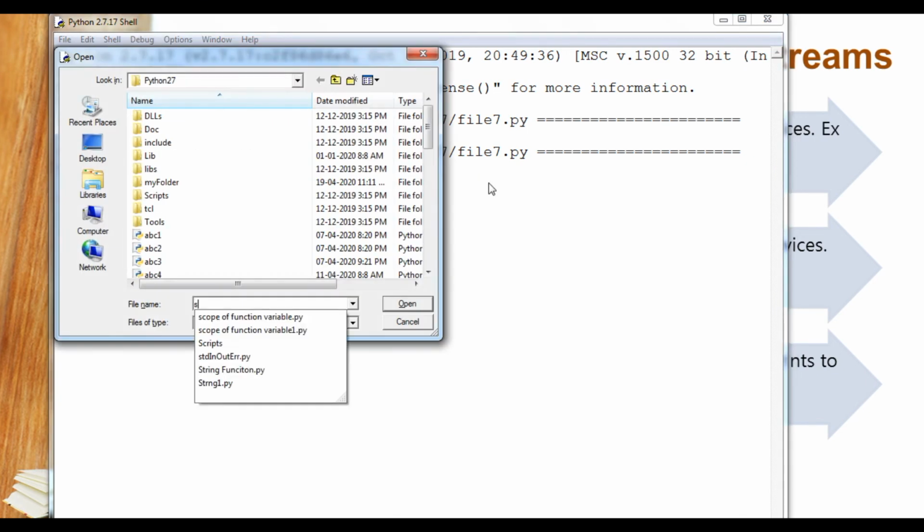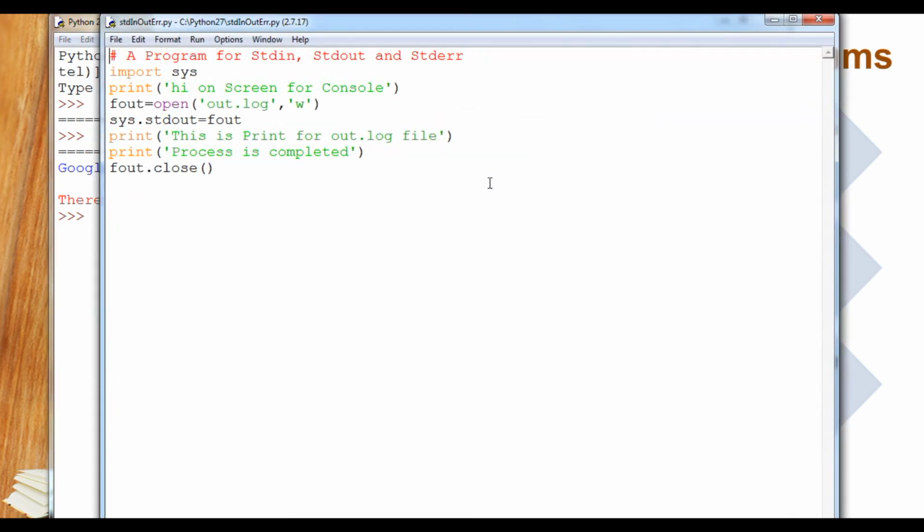Then after that, standard input output error. In this example you will see I have imported sys because I am dealing with the standard input output streams. Here, print hi on screen for console. It will definitely print in the console, I mean shell mode.